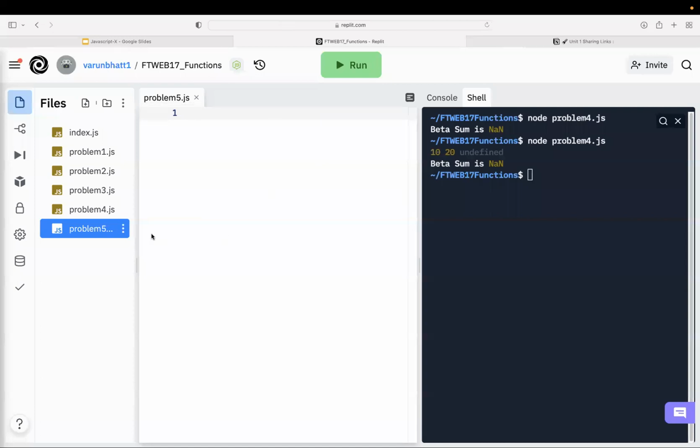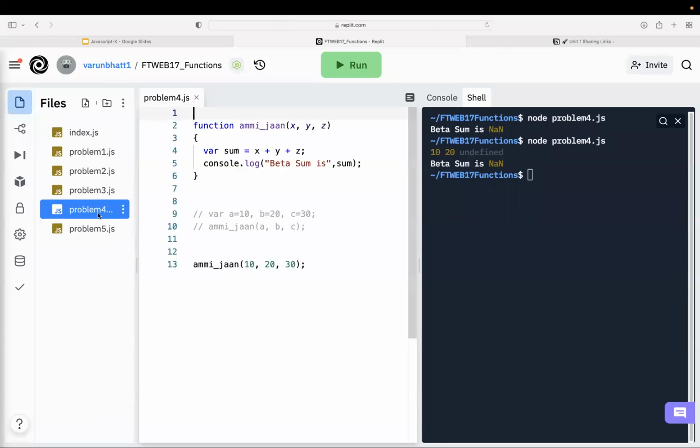Okay. So till this time we have learned about how we can pass the parameters. These are known as parameters. Remember one thing, these are known as parameters. So parameters basically means